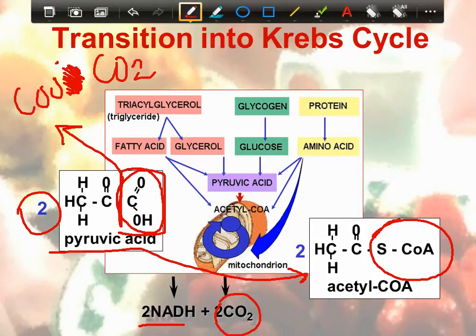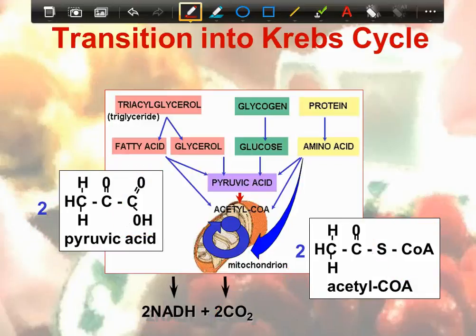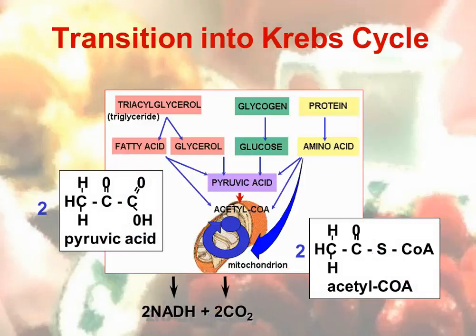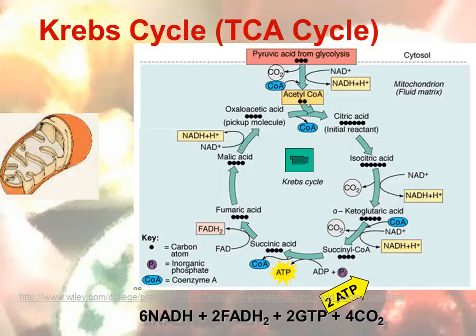So, pyruvic acid is going to pass off electron or hydrogen to NAD. NAD becomes reduced. Pyruvic acid becomes oxidized. That's the transition step. By the way, you can see that fatty acids and amino acids can enter in this step. They can be converted to acetyl coenzyme A and used by the cell for energy and continue on with aerobic respiration. Okay, so here we are in the Krebs cycle,